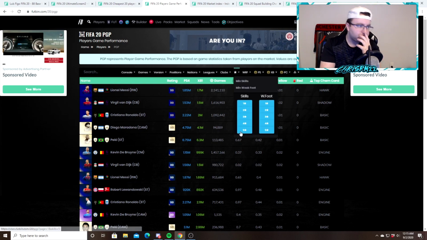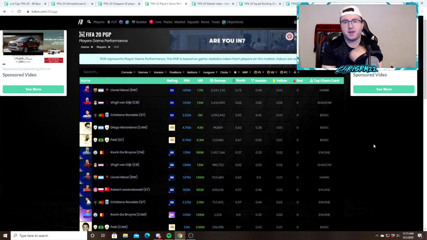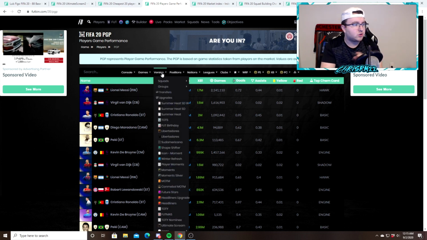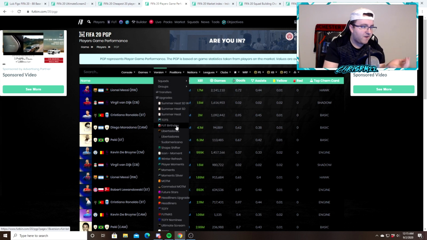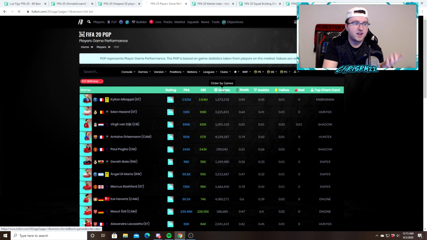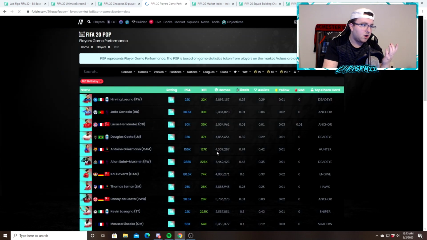Another thing you guys can do is the PGP page. This is players game performance. This tells you the amount of games played for certain cards. If you guys have ever gone through my Thursday flipping lists, I always go to the PGP page and I look through each different version. So if I was to look at a couple for birthdays, cards that people wanted to use for that next Thursday, I would go on to